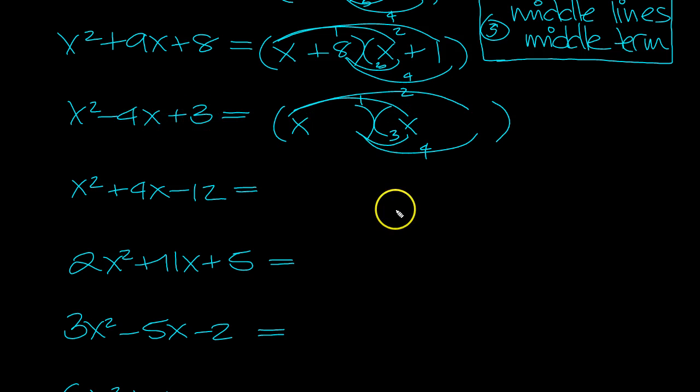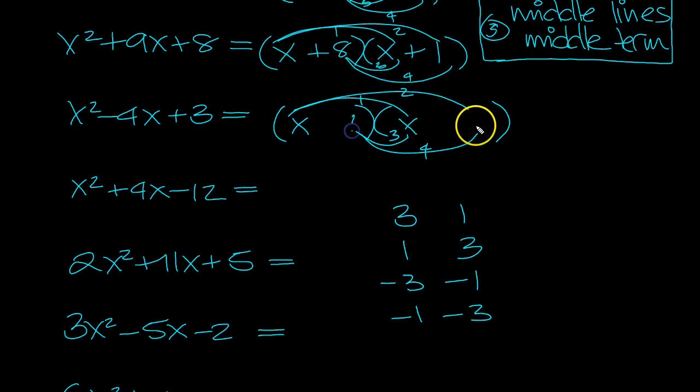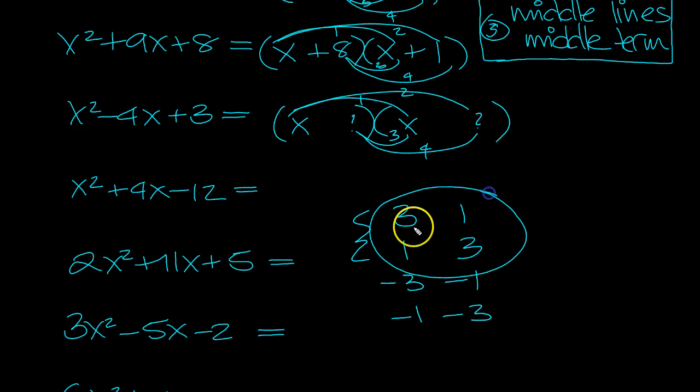Last line, last term is a 3, so 3 ones, 1 3. Minus 3, minus 1, minus 1, minus 3 are the only possibilities. Now we're looking for that's the last line, last term. This times this for line 4 gives plus 3. Well, it has to be one of these two, and either one will be fine. So plus 3 then, plus